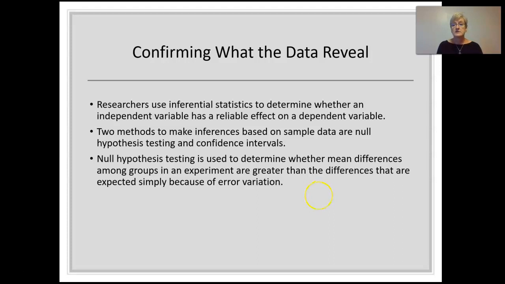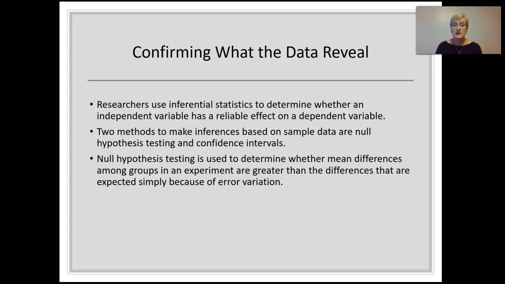If I've randomly assigned participants to an experimental and a control group, there's going to be some natural error. It's an infinitesimally small possibility that the means would be identical between the two groups. So there's error variation that would lead to those differences just normally being present